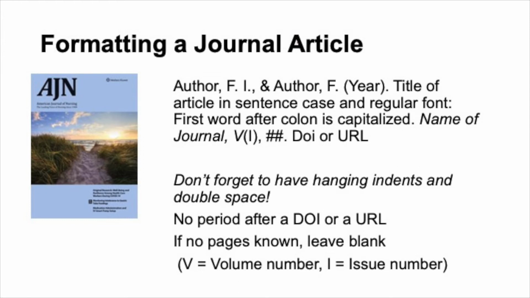The name of the journal and the volume number is always in italics. The name of the journal is written in title case. So notice anything that has 4 or more letters in the name of the journal would be in title case. The volume number, you just put the number, do not write the word volume, just put the number there in italics. And then if there's an issue number, that goes inside parentheses